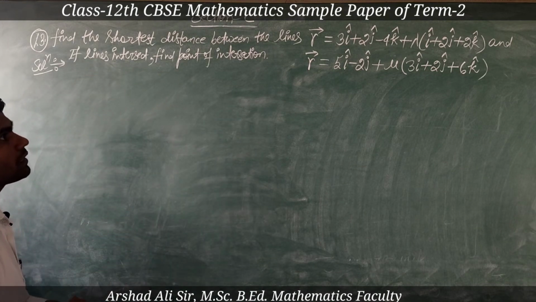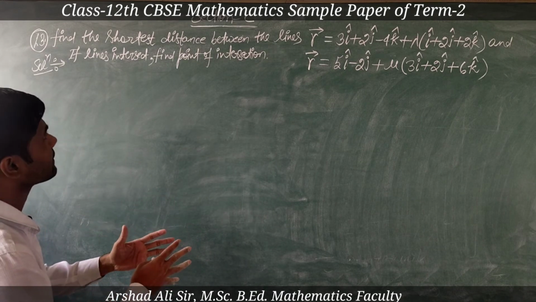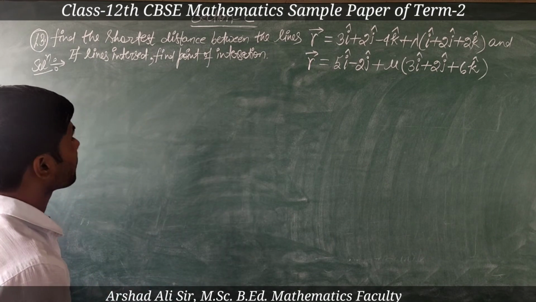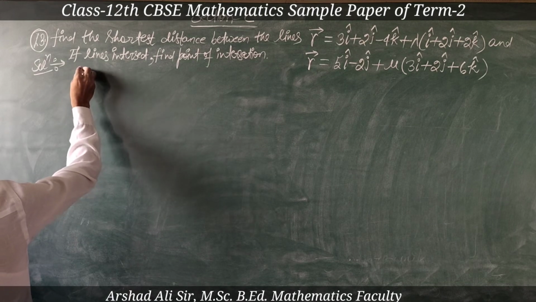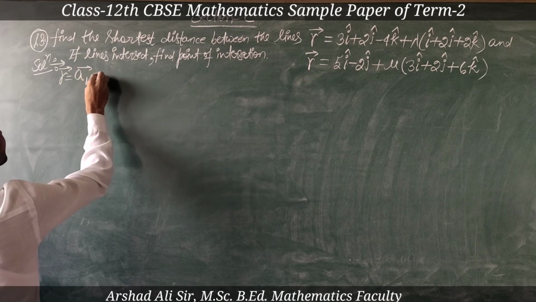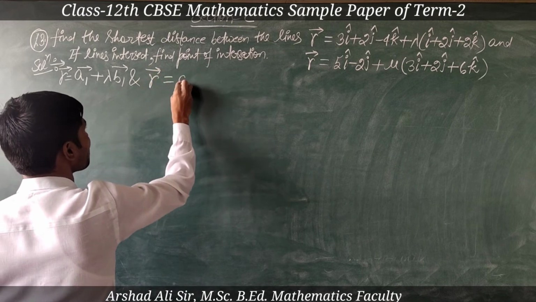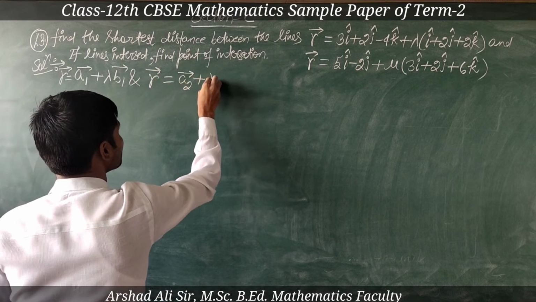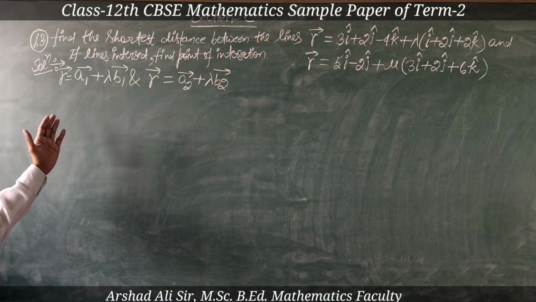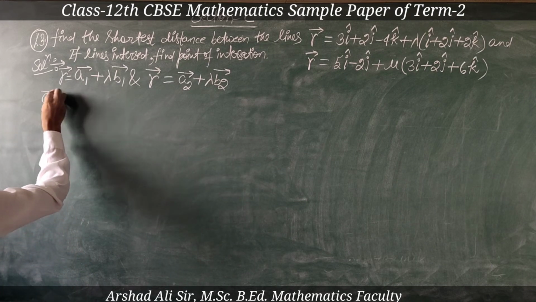Okay, we have to find two things in this question. One of them is shortest distance between these two lines, and if the lines intersect, then find the point of intersection. So these are in the form of r vector is equal to a1 plus lambda into b1 and r vector is equal to a2 vector plus lambda into b2 vector. Okay, we can find the values of a1 b1 a2 b2 by comparing. So a1 vector is equal to